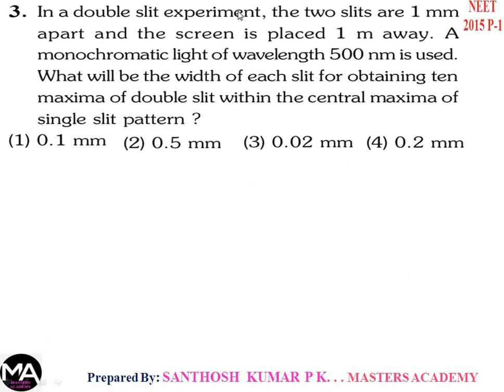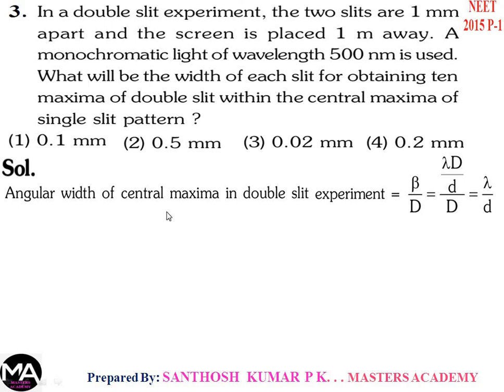Next problem. In a double slit experiment, the two slits are 1 mm apart and the screen is placed 1 meter away. A monochromatic light of wavelength 500 nanometer is used. What will be the width of each slit for obtaining 10 maxima of double slit within the central maxima of the single slit pattern? So the solution, the angular width of the maxima in case of a double slit experiment is,